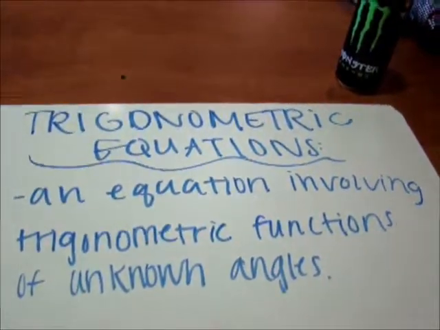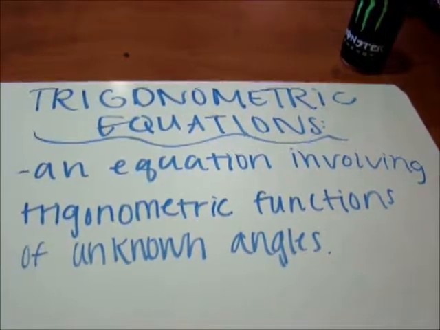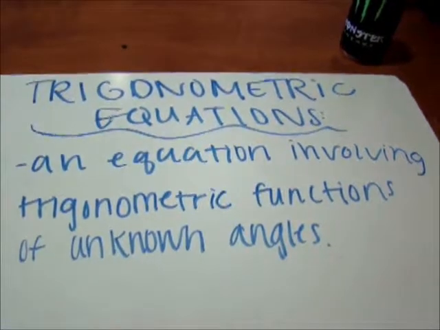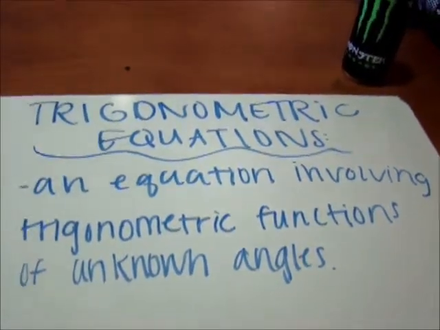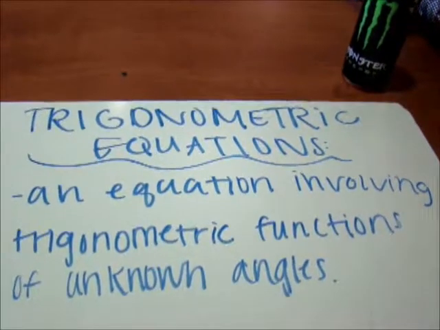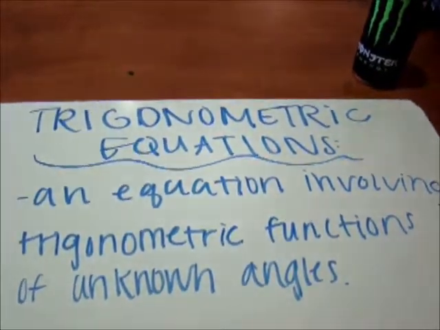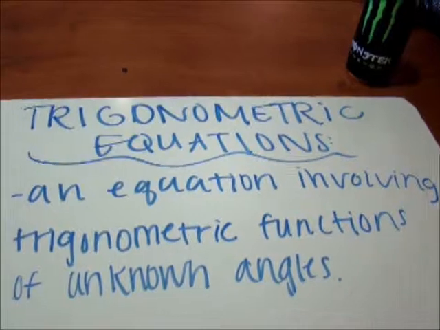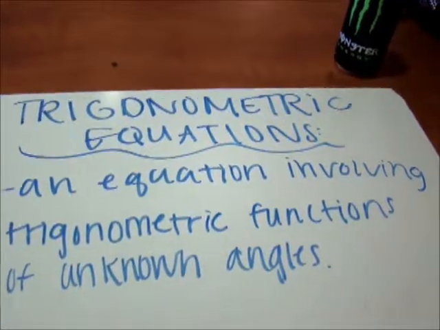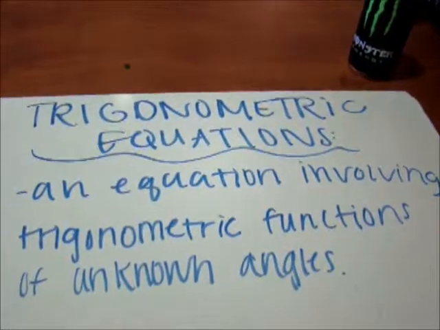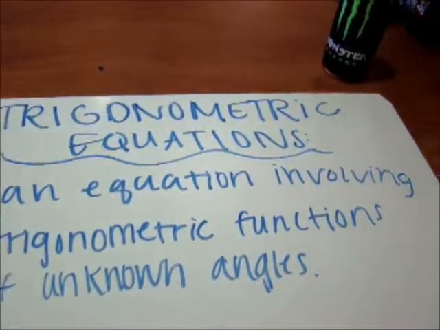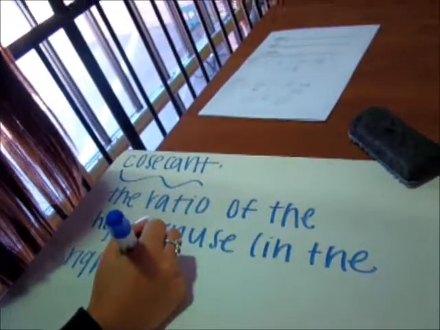Okay, trigonometric equations is an equation involving trigonometric functions of unknown angles. So already off the top it's going to have to do with angles, and in this case a right triangle as our examples. So first definition is going to be